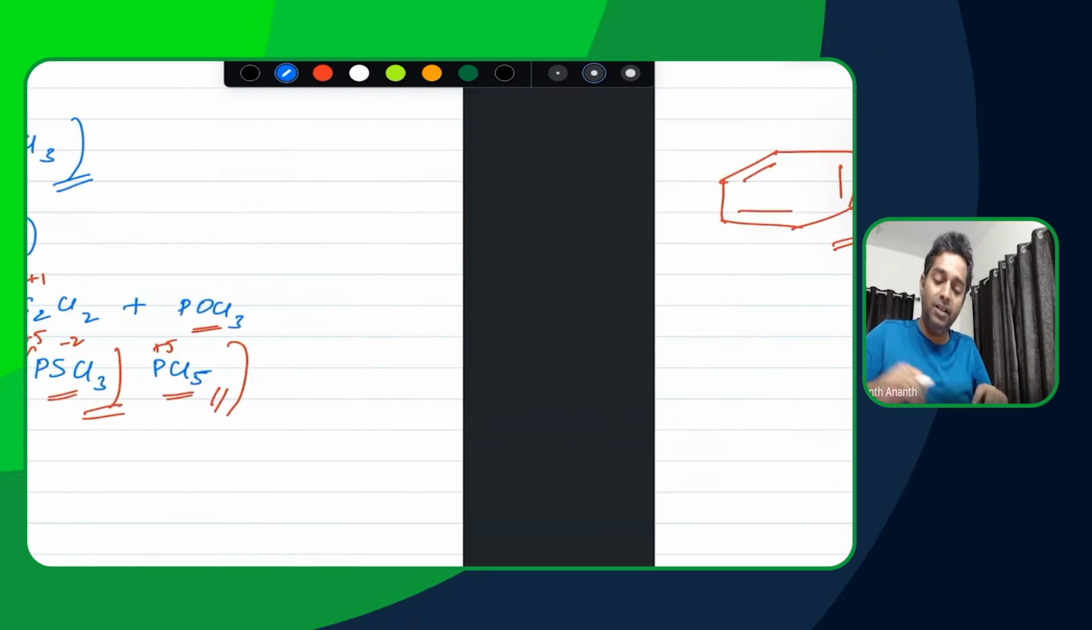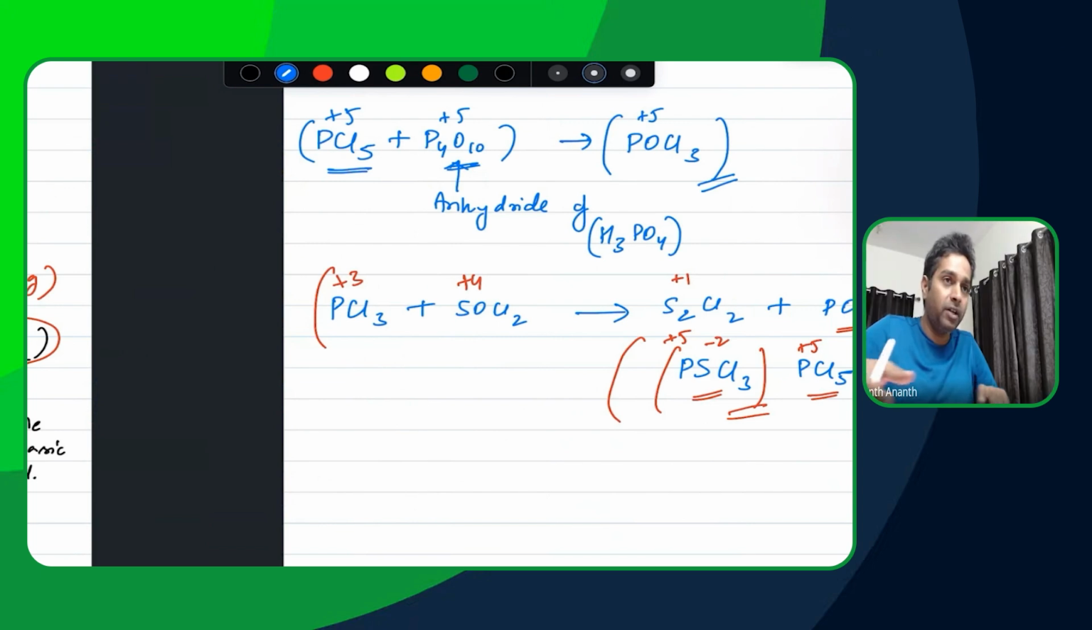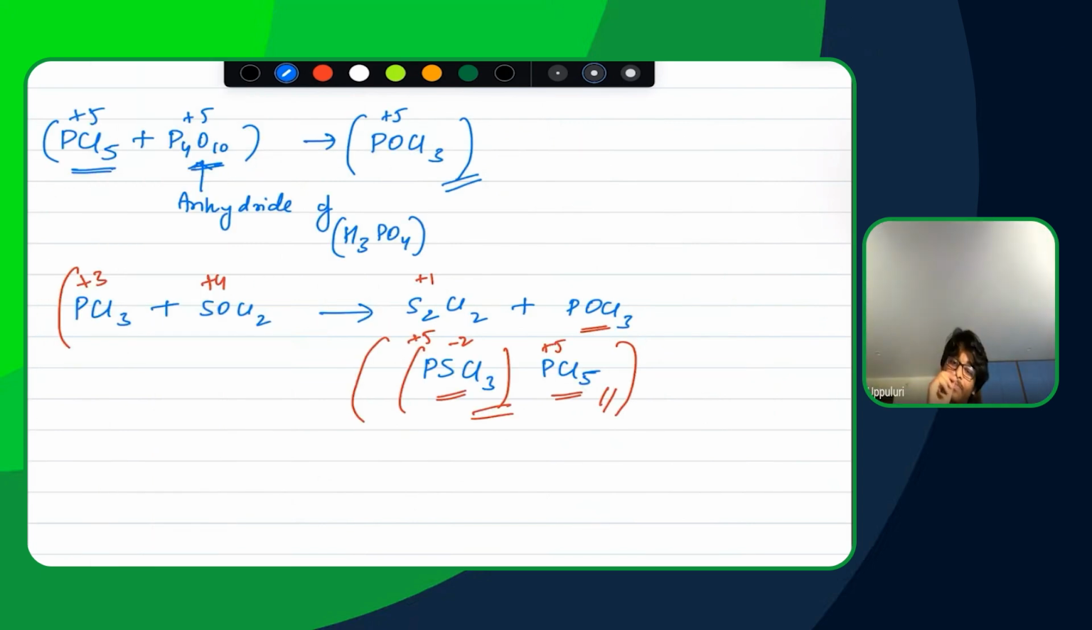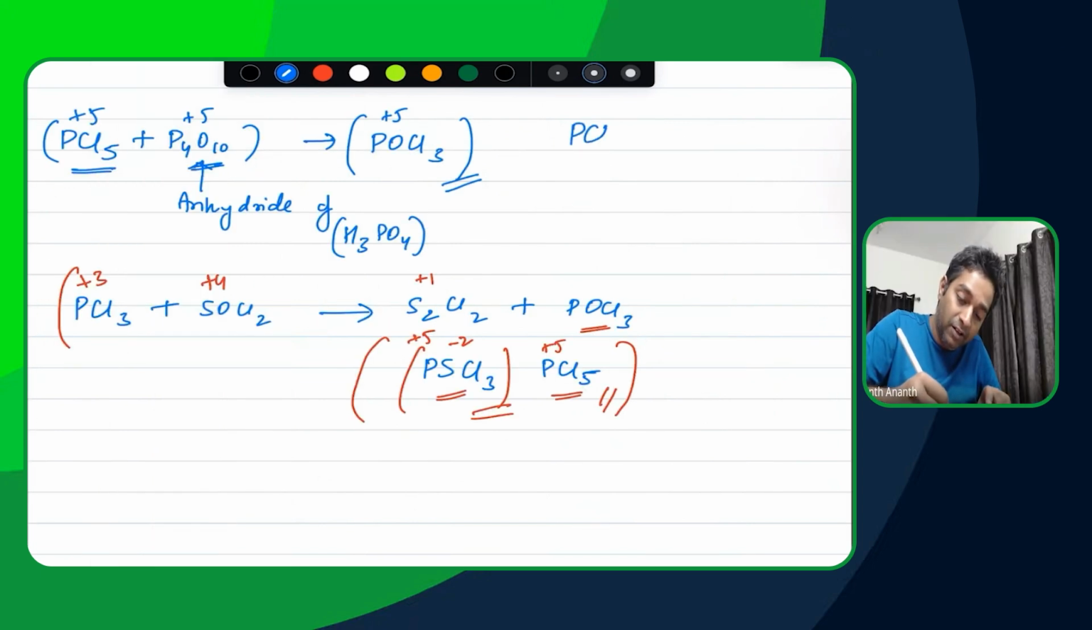You just need to start thinking about inorganic the same way you think about organic. You have to start applying common sense. So if you're having PCl3 reacting with LiAlH4,